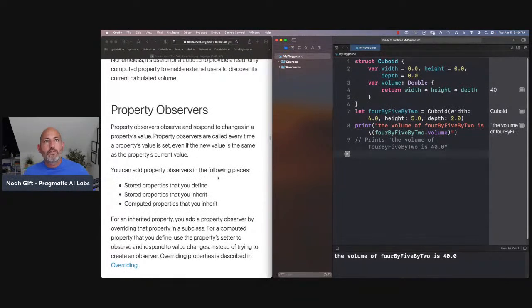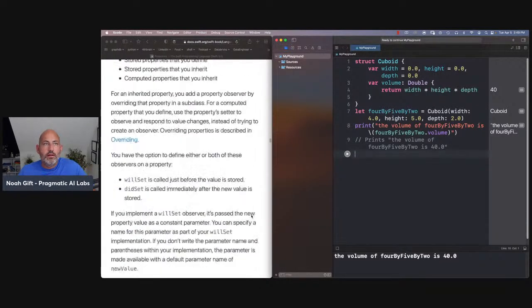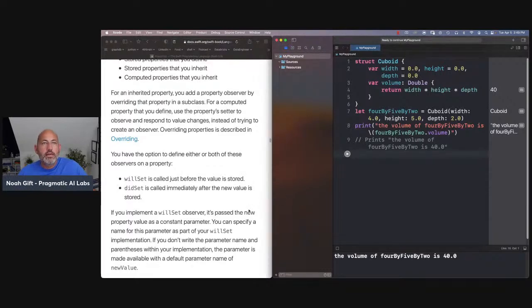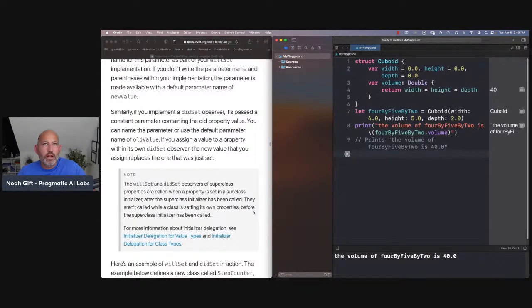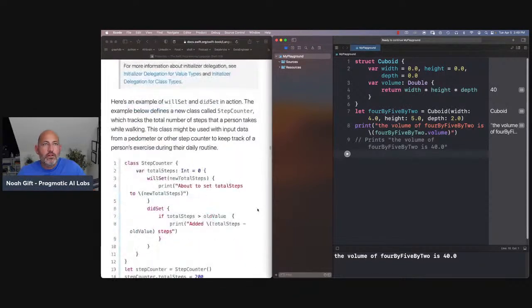You can also do observers. A property observer is for stored properties you define, for ones you inherit, and also for computed properties you inherit. And so you have the option to define either of these. willSet is called just before the value is stored, or didSet is called immediately after the new value is stored. So yeah, this is definitely pretty fancy programming, but basically sometimes you may want to do some step